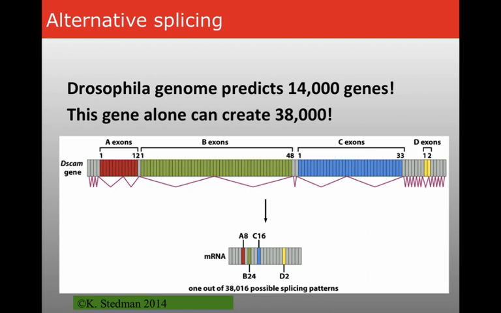There are a couple of other things I wanted to mention here really quickly, and that is that there are only a couple of places where you have alternative splicing in this gene. All the gray exons are always used. And so the vast majority of the exons, this is true for almost all alternative splicing, are all included. It's just a few things which are alternatively spliced. And so, again, in this case, we've got 4 regions that are alternatively spliced, 12 here, 48 here, 33 here, and 2 here. And the way you get 38,016 is you multiply 12 by 48 by 33 by 2. So pretty straightforward.